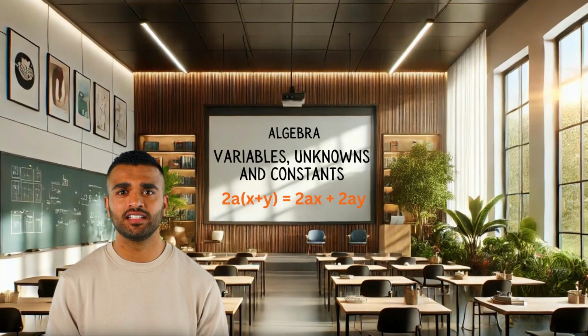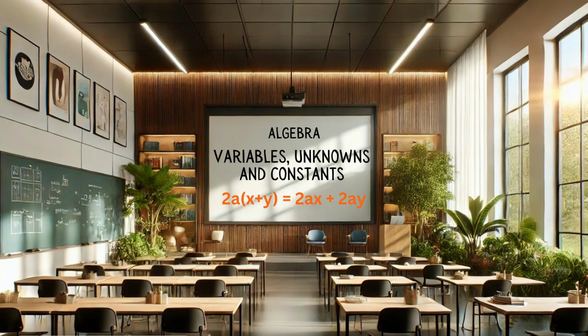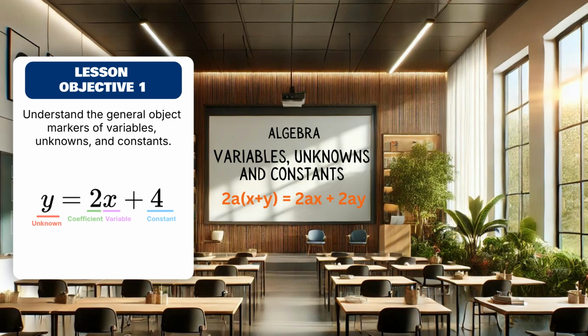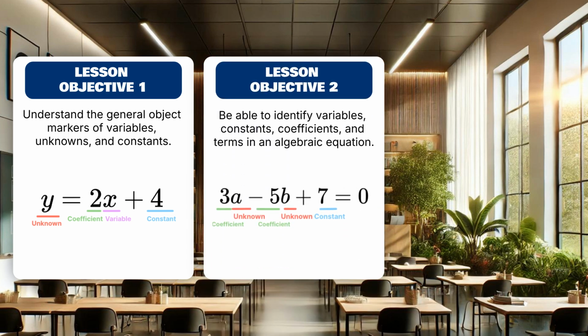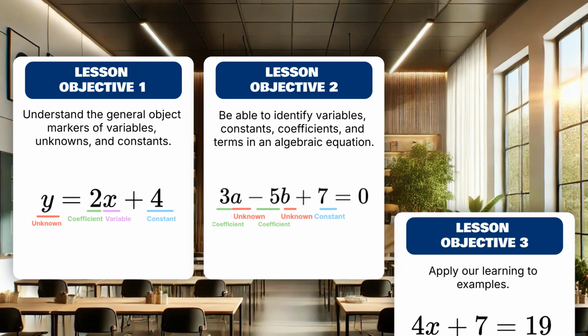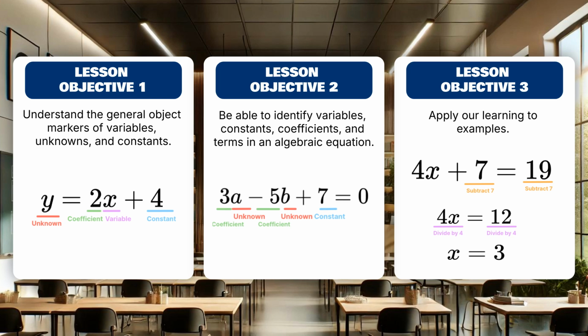In today's lesson, we will start by discussing how algebra helps us take specific situations and make them general. We will look at the general object markers, variables, unknowns, and constants. Next, we will learn to identify variables, constants, coefficients, and terms in an algebraic equation. Finally, we will break down these concepts and practice identifying each component within different equations, enhancing your ability to simplify